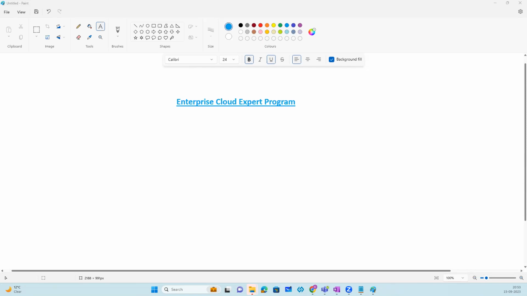So whether you're a beginner or having some knowledge of the cloud environment or on-premise environment, or you are already an expert on the platform, it doesn't matter. This is going to be helpful to everybody who wants to become an expert on the cloud platform. So in the market, you might see that